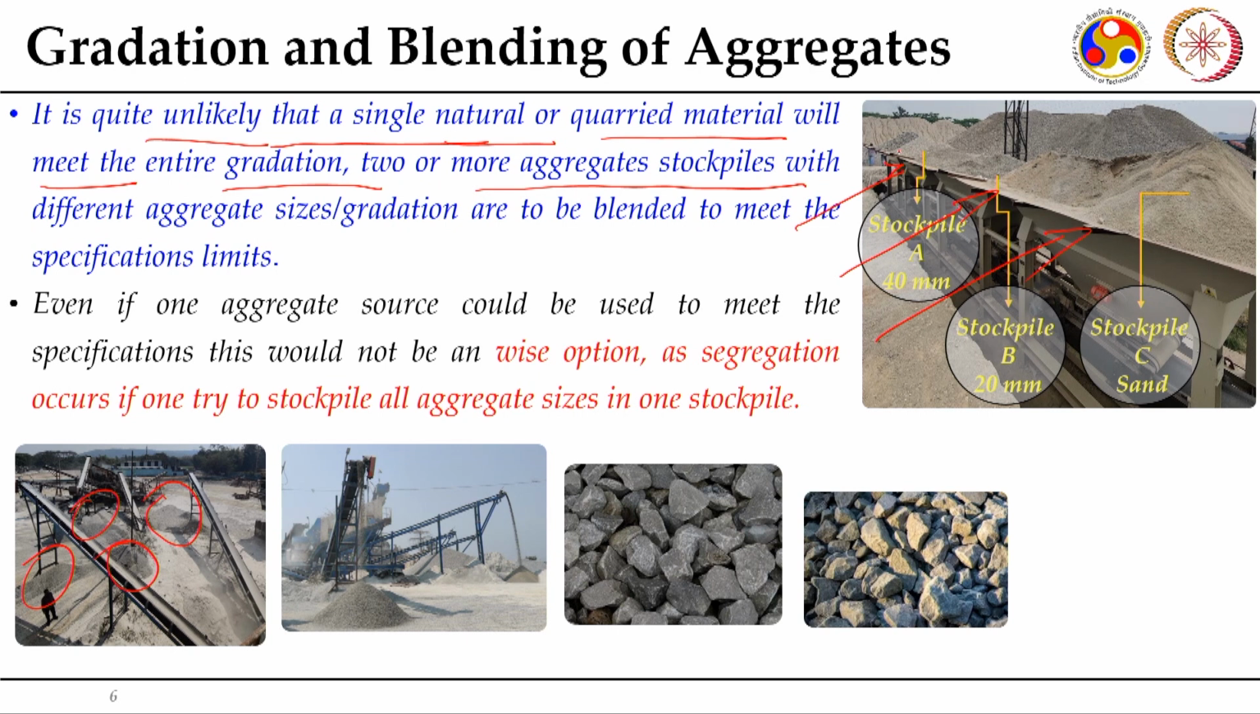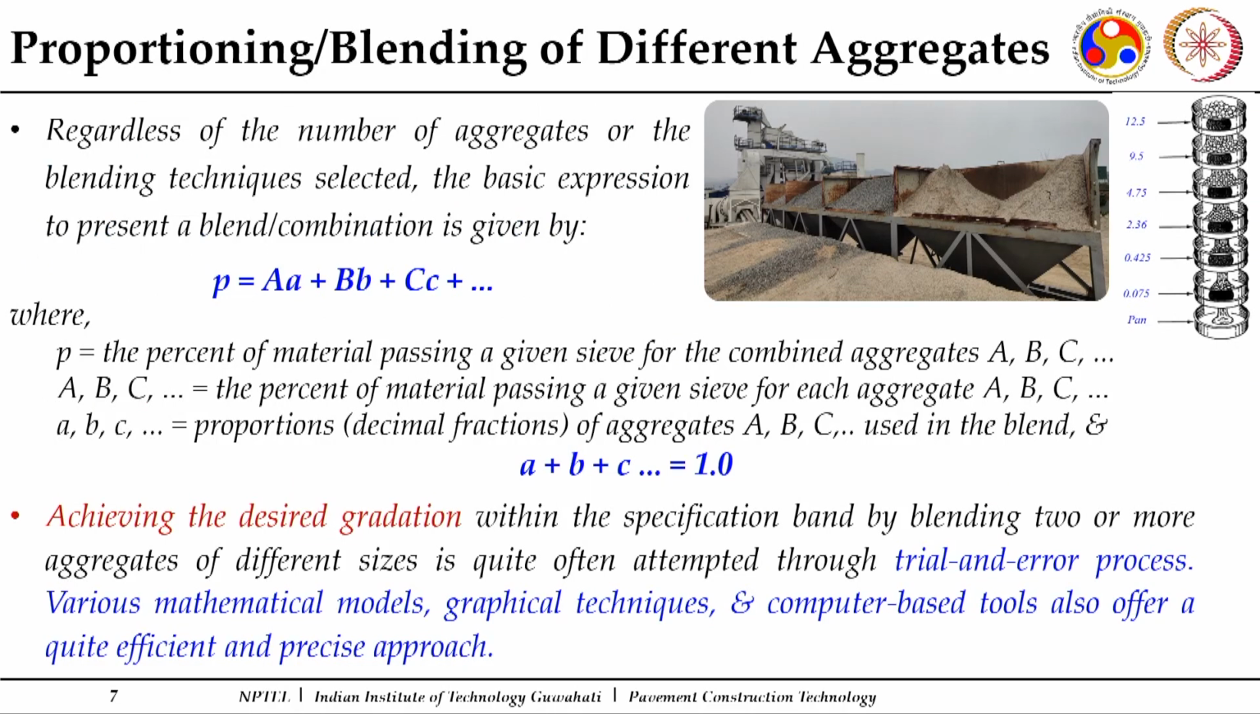Now, you have to figure out how much of stockpile 1 is to be used, how much of stockpile 2 is used, how much third is to be used, and how much 4 is to be used. So, this is an important exercise during a mix design: to determine what proportion of these individual stockpiles are to be used to achieve your desired gradation. Now, for attempting this particular proportioning, there are different ways, but one important aspect in all cases is that, regardless of